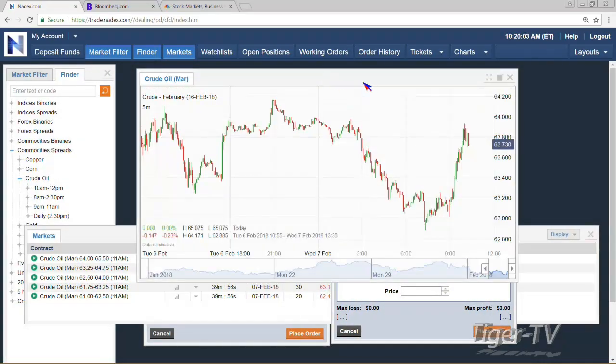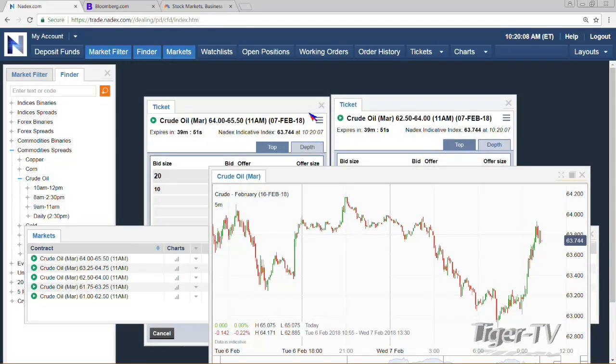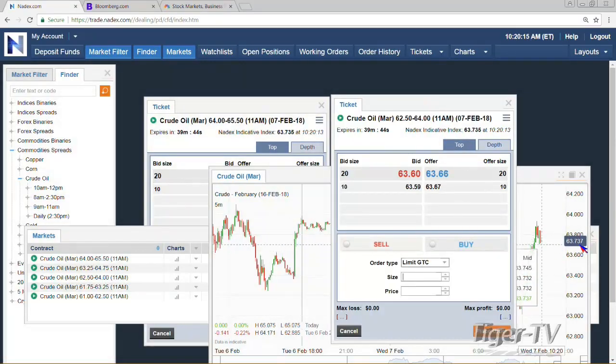Now this spread, because the market is currently at 63.73, you're going to have some bearish value here, because the negative spread, the one that goes $1.50 below 64, is the one that's going to have 27 cents of value in there. So this might be a little expensive as compared with when we pull this up sometimes and it's kind of right at the point. Like, for instance, if oil was trading right now at 64, but just to see what kind of price you could have, you would be selling the bearish one, which goes from 64 to 62.50, and that's why. That's going to cost you $41, which is more expensive than we usually pull it up when it's